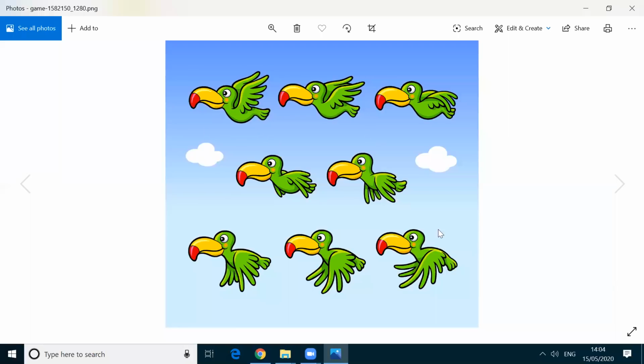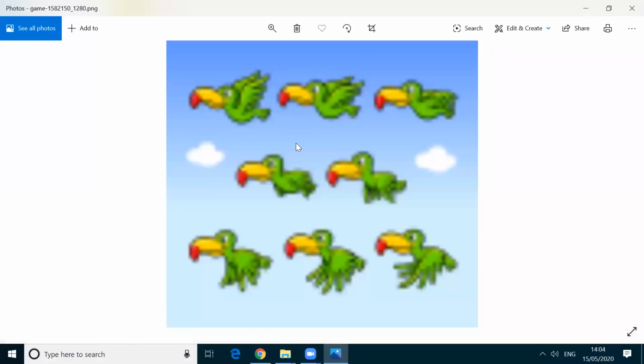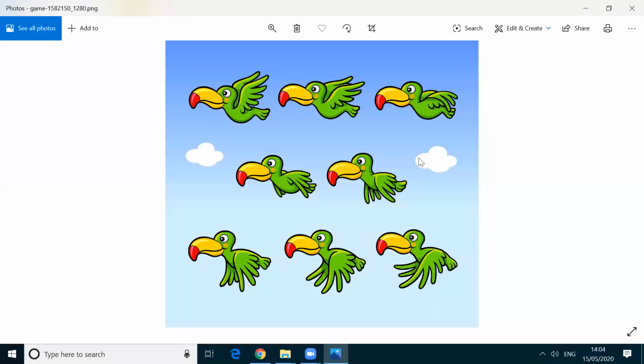Why I have downloaded this sequence is to create some animation. To create some animation we need each bird as a single image. I want each bird as a single image, but all these birds are in one image. So what I'm going to do is I'm going to cut each bird and make it as an image.